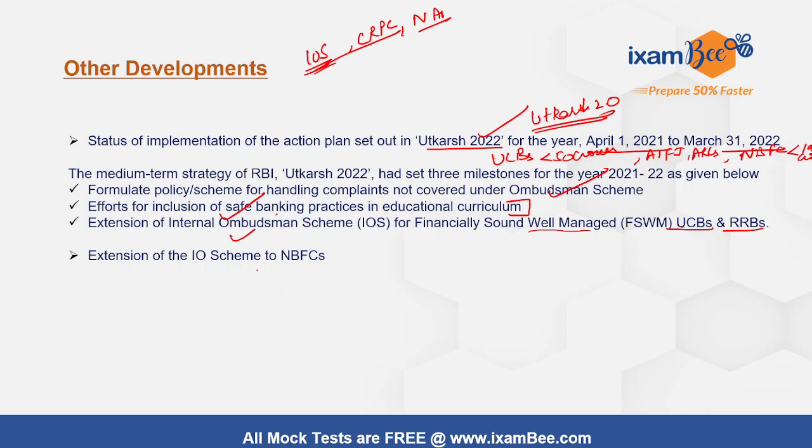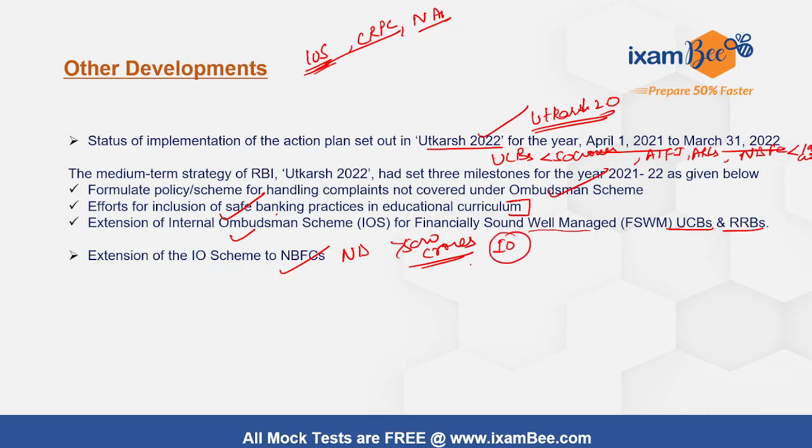Like there is a considerable increase in complaints against NBFCs and also against banks and non-bank system participants. So there was always a review taken by RBI to extend the IO scheme to selected NBFCs. After the launch of the integrated ombudsman scheme, a circular was also issued which directed the deposit taking and non-deposit taking NBFCs, with I think an asset size of more than 5,000 crores, also having a public interface,